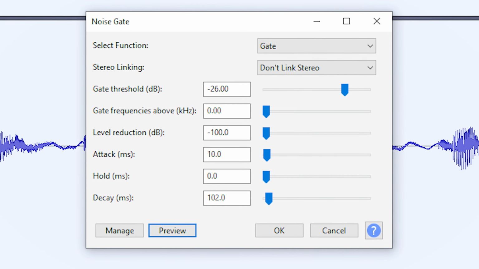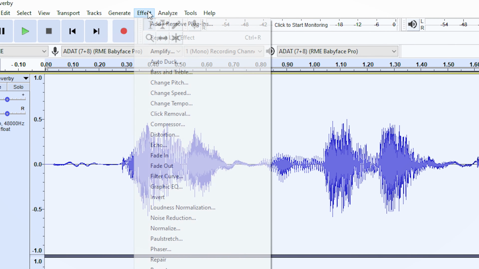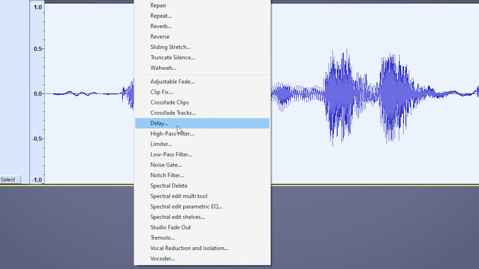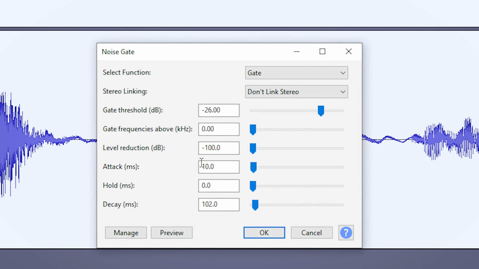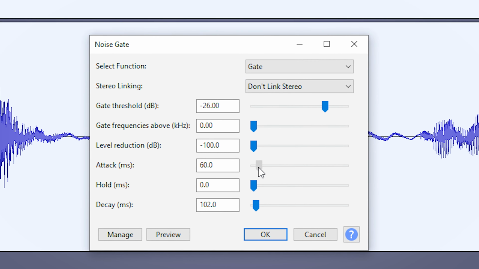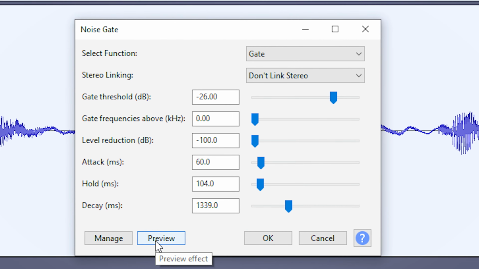The third way is to use the noise gate. This is an effect which will reduce or mute the audio level below a certain threshold you set. This technique can work well when you have some slight hiss or reverb, which is mostly cloaked when your normal voice is happening. Adjust the amount of reduction and threshold, and the attack, hold and decay to get the most